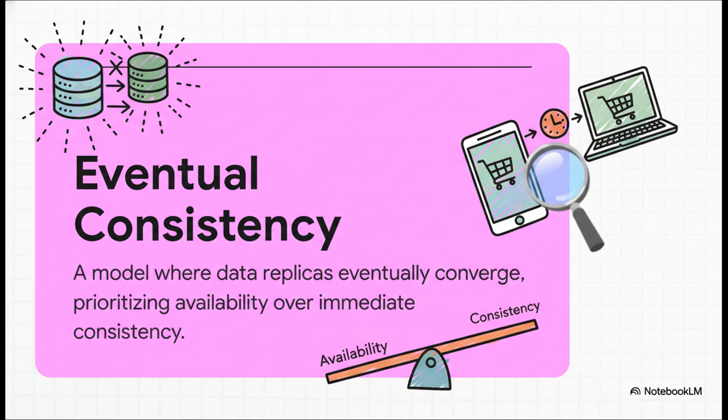Let's really drill down on that eventual consistency piece, because it's a big one. It's actually a simple idea. You add an item to your shopping cart on your phone, and maybe it takes a second or two to appear in the cart on your laptop. For that brief moment, the system's state is inconsistent. And that's okay. The system is making a conscious trade-off. It's choosing to prioritize availability and speed over guaranteeing that every single part has the absolute latest data at the exact same millisecond. And you have to design for that.